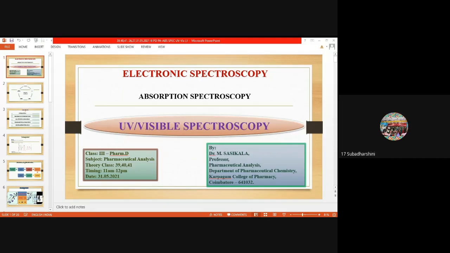Last class was monochromators classification, sample cells, cuvettes, classification, cylindrical and rectangular cuvettes. Then, about source of light? Yes, ma'am. Source of light also we saw, ma'am. It converts electrical energy into radiation energy.